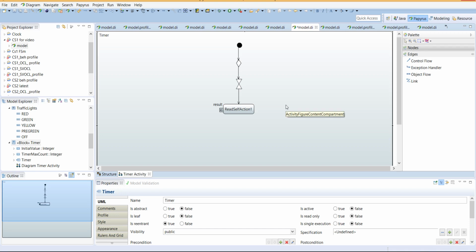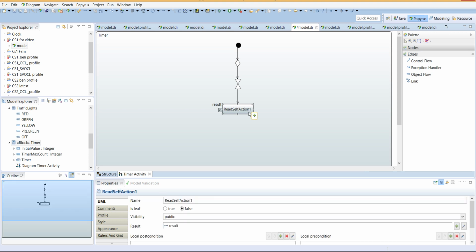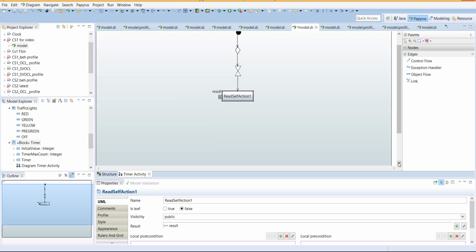So in the last video we were modeling that timer activity, and we have modeled until the read self action. So now we will move to the next section of the modeling of timer. So after the read self action,